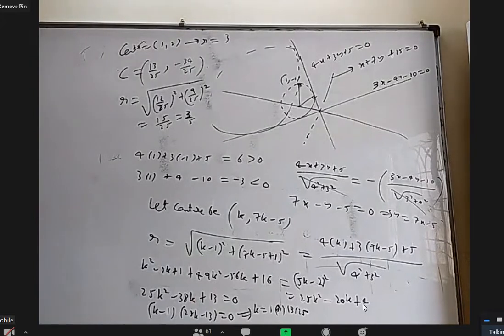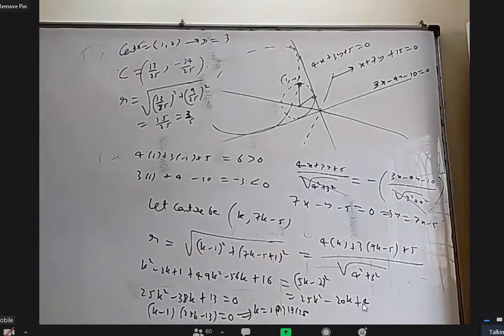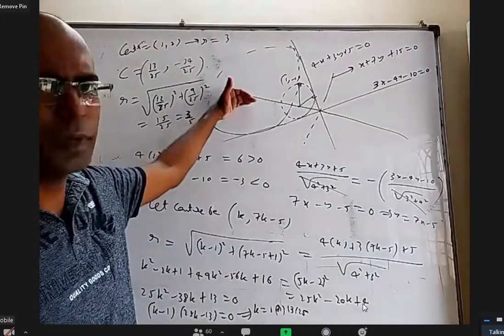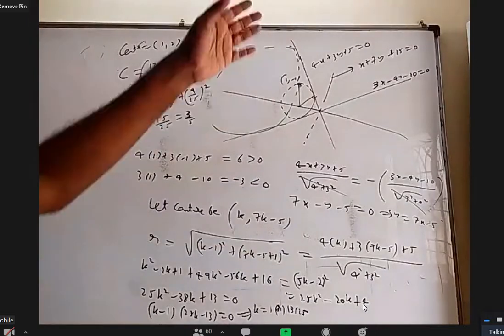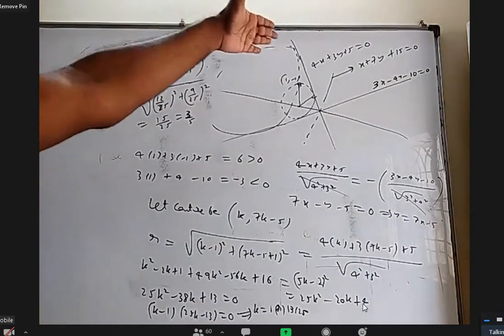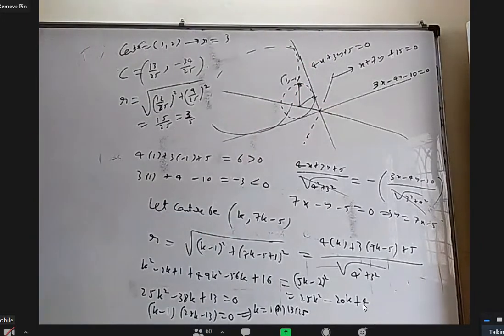So if you don't know how to find that angular bisector, it's okay. You just know that this is the angular bisector which will give the answer right there. Other part, don't even write. But if somebody asks, I'll take a general point on the other angular bisector and you equate the same thing, that distance equal to perpendicular distance and all. You'll get a quadratic equation with complex roots, so you'll not have any solutions there.